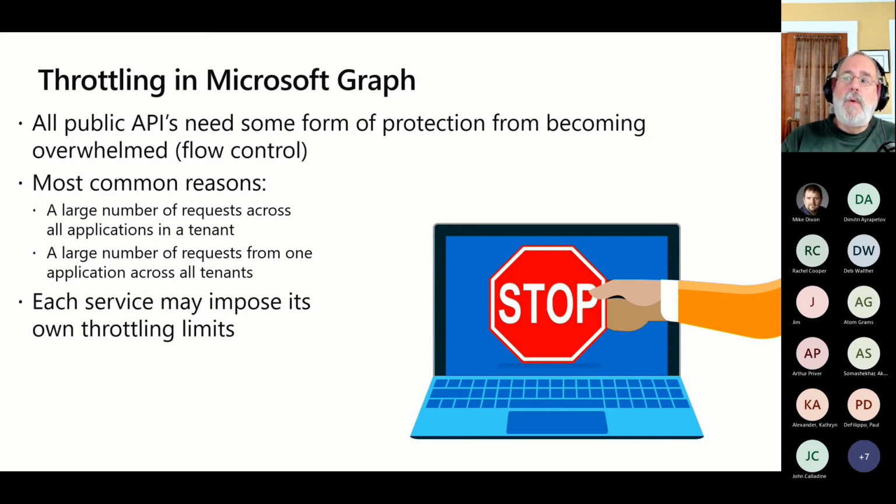So we enforce some throttling, in other words, a maximum rate at which you can send and receive data from the graph. And it's actually enforced on a service by service basis. So SharePoint is going to have a different idea of throttling than Exchange Online or some other service. So that's kind of a reality, that you have to be ready to handle this